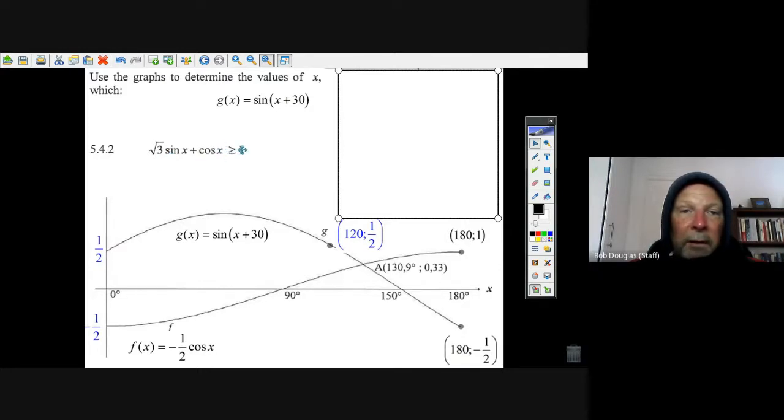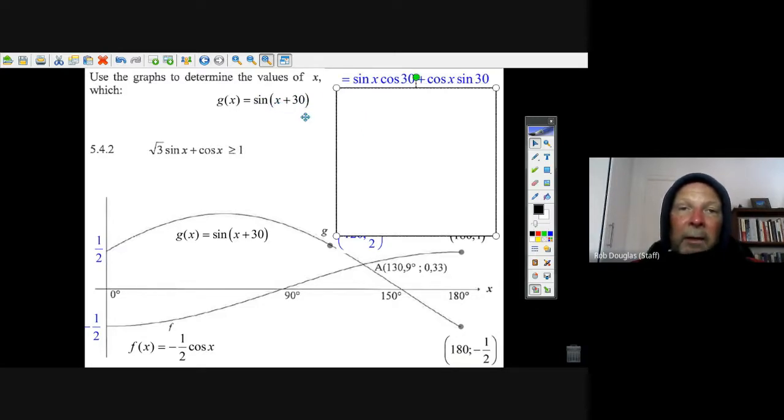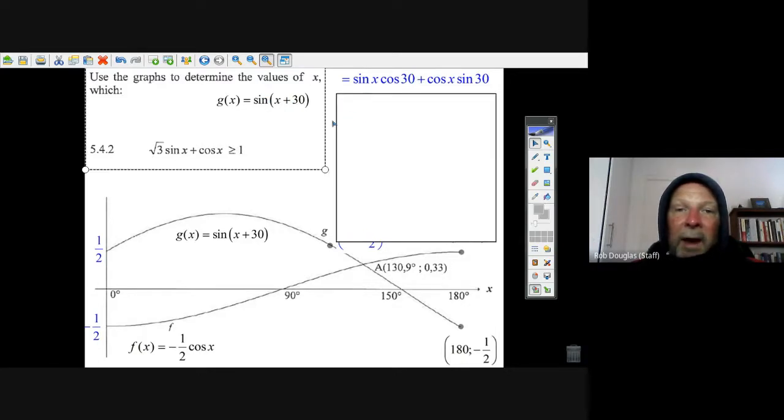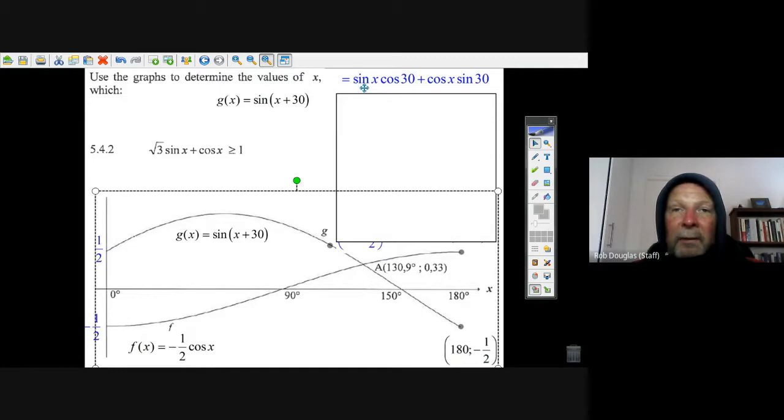when root 3 sine x plus cos x is greater than 1. But I don't see any root 3 sine x plus cos x here. Which one of these? Oh, it's so weird. And then you think, oh, there's this simple trick. If I just went the sine of x plus 30 and used the sum identity for sine, the sine of x plus 30 is really the sine of x times the cos of 30 plus the cos of x times the sine of 30. And you know that